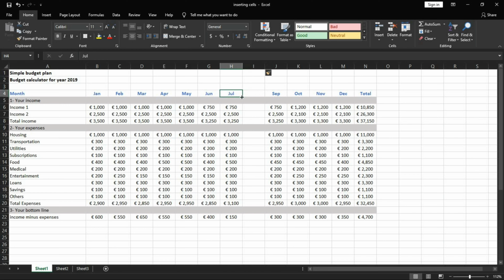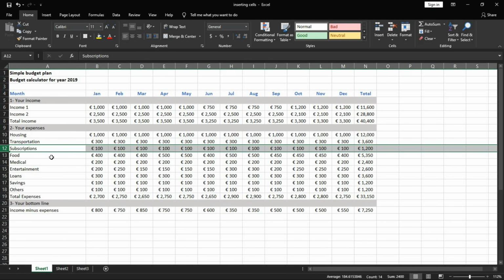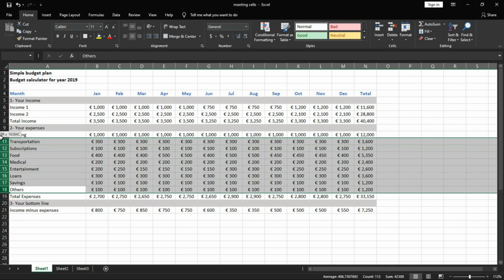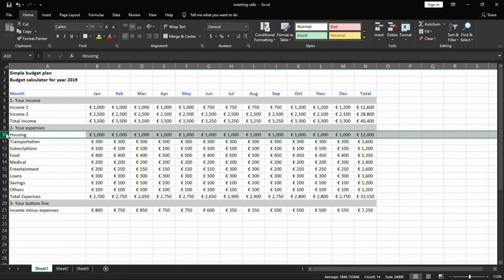And remember that we can use the autofill function to get August, and then we can simply decide to copy this information using autofill, and we get it. So let's assume that you hadn't accounted for utilities and you realize that you want to add utilities. You can add utilities in between any of these rows, but notice that if you insert here,